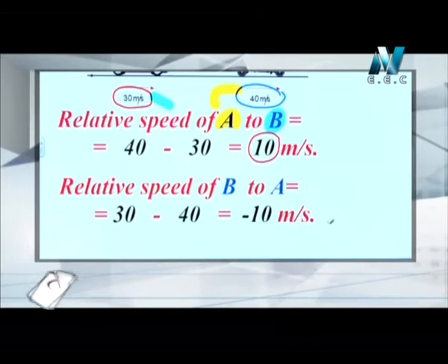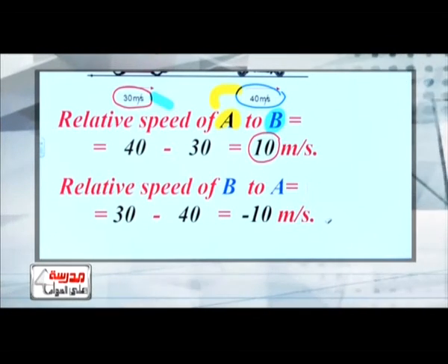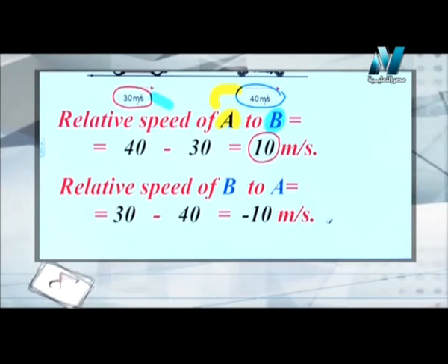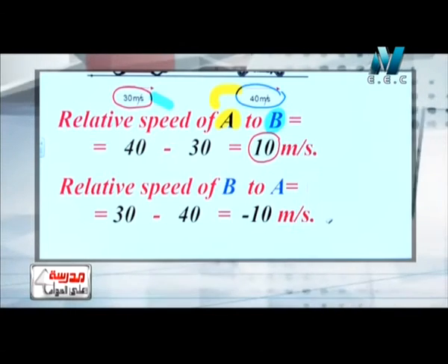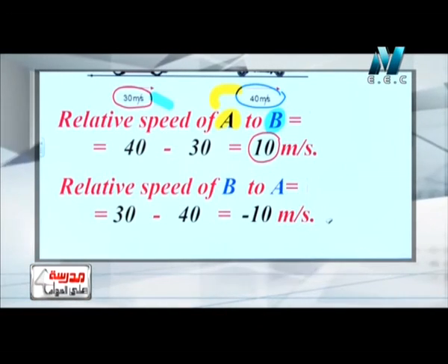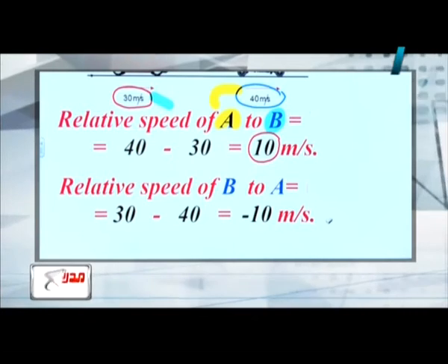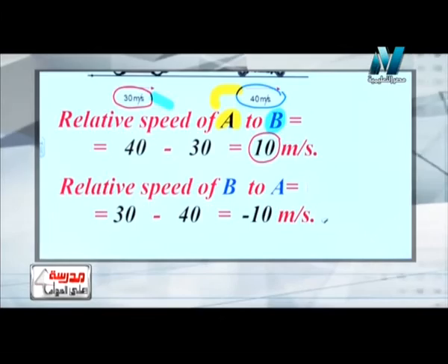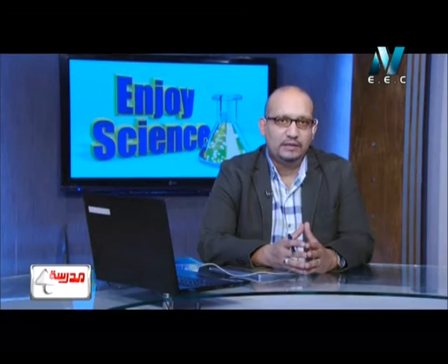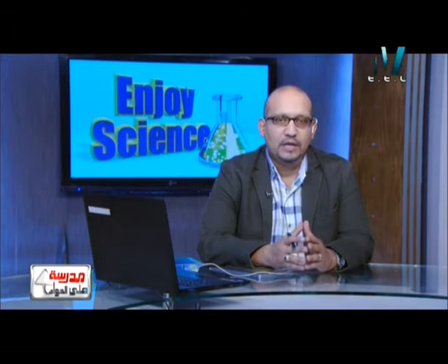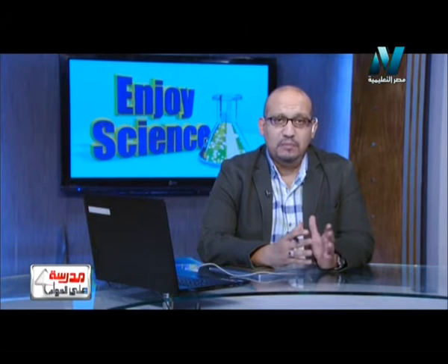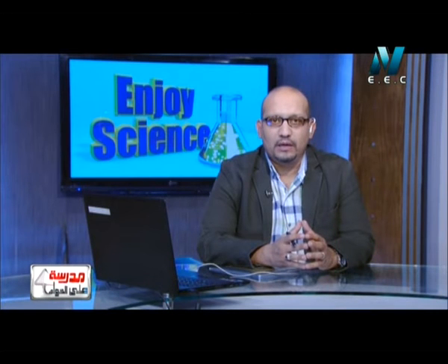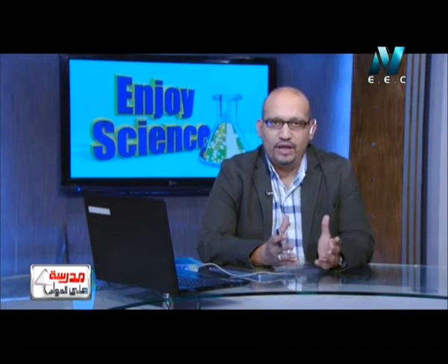We have speed and negative, yes, in this case, because the value of B is less than A, so 30 minus 40 equals negative 10 meters per second, as this car appears to be going backward, as if it is going back on its back. So dear students, from these cases we can now calculate the relative speed of an object to another object. Maybe this object is in a position of rest, as if it is standing still,